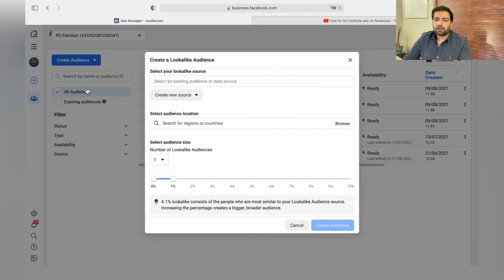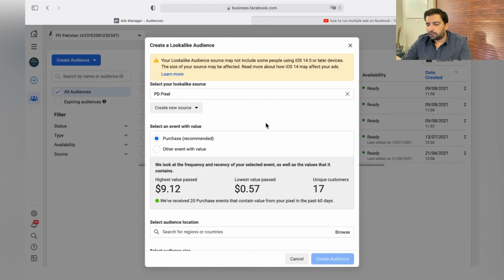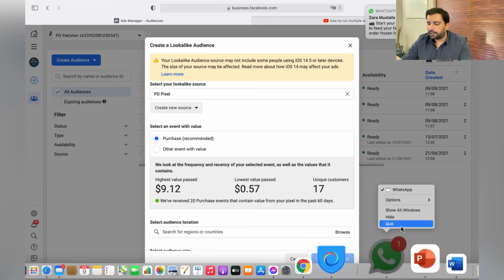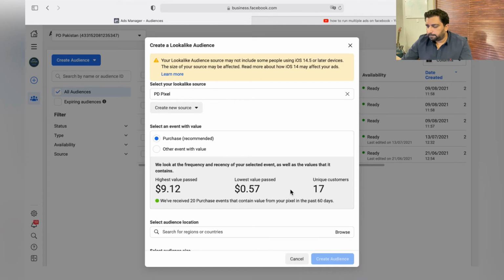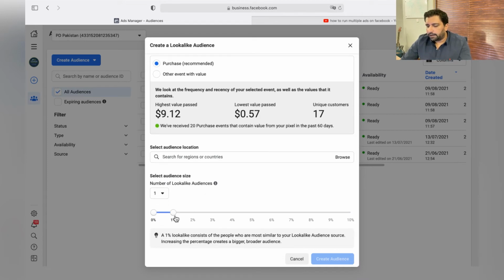Now, how to create lookalike audiences. Over here just click on lookalike, choose the source. I would choose the same pixel you have integrated with your Shopify store. You can see this error. You'll be able to create lookalike audiences if you already have a lot of conversions. Right, so over here just okay.